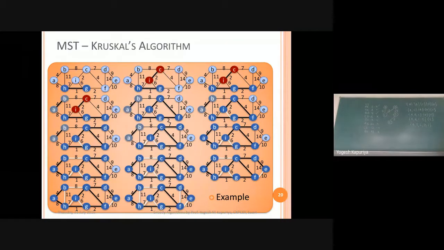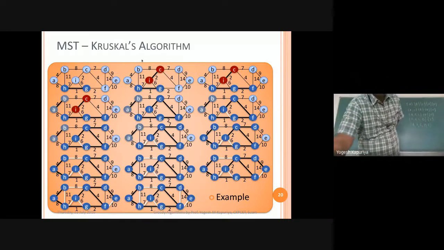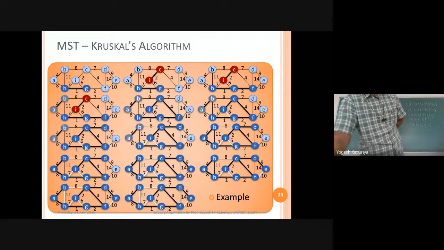The next is CF. Do C and F belong to the same set? No, they do not belong to the same set. If you see the color, they have different colors. So it means that CF is also part of my minimum spanning tree, and I will make a union of it. So the color will be changed to this common color. The next is